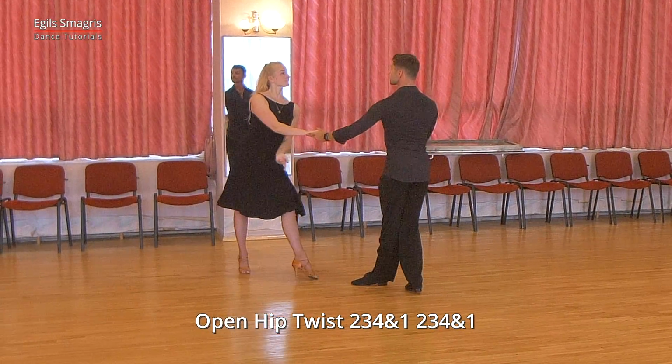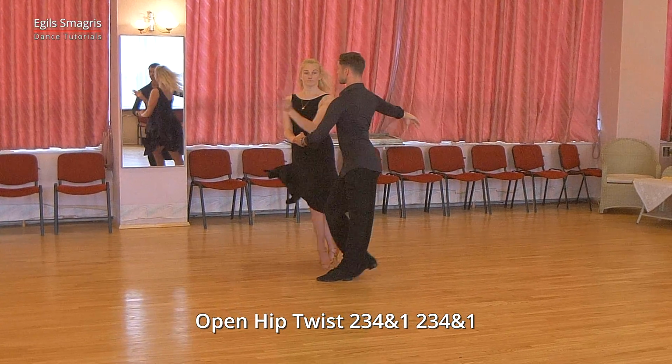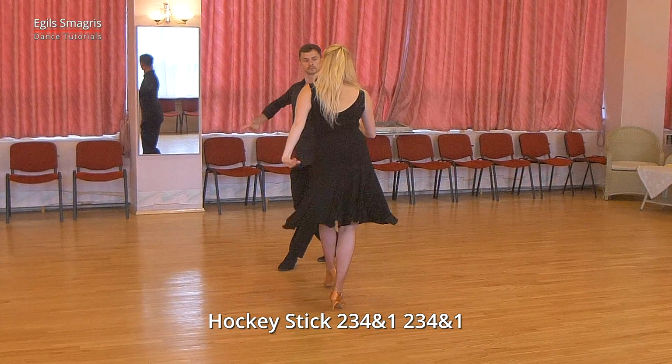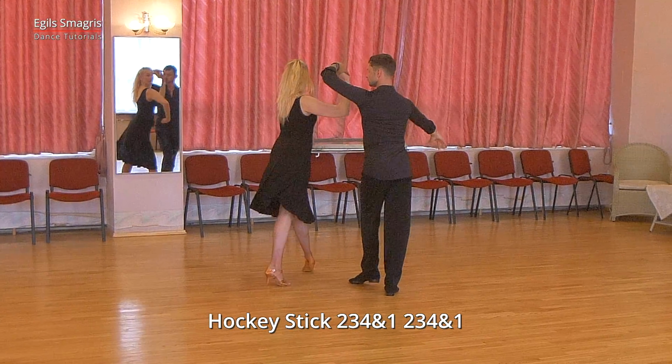We continue with open hip twist, and man leads lady to fan position. From here we dance hockey stick version with chassis ending,